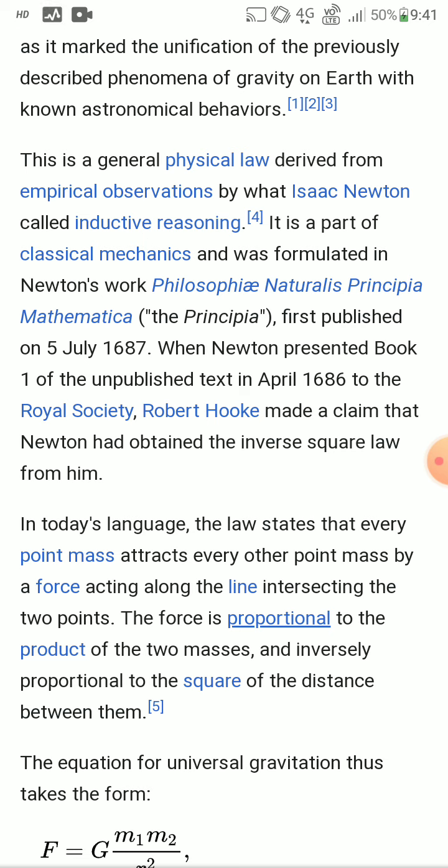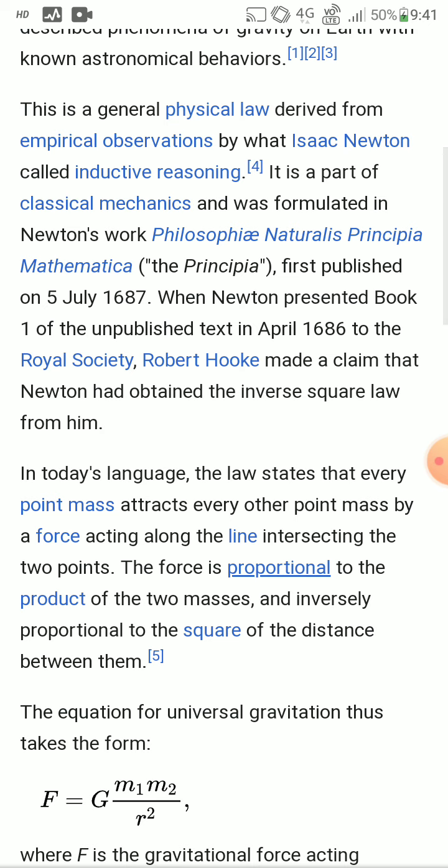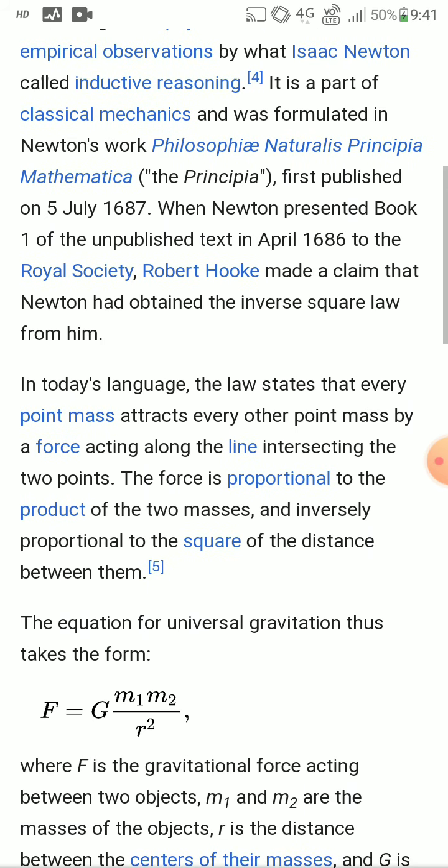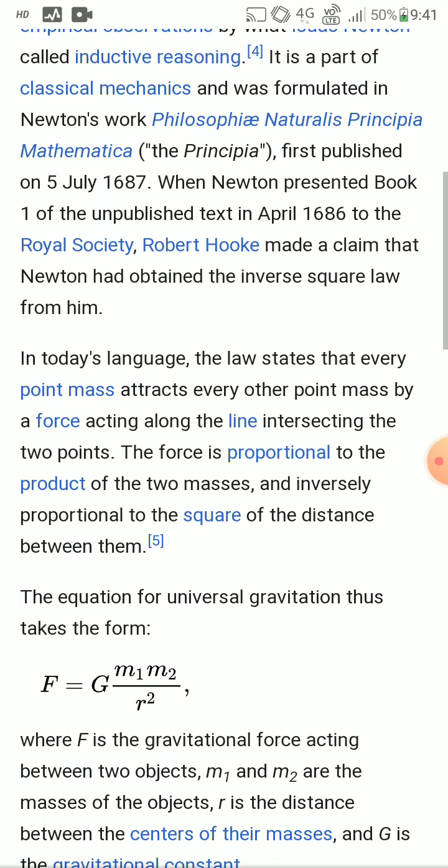In today's language, the law states that every point mass attracts every other point mass by a force acting along the line intersecting the two points. The force is proportional to the product of the two masses and inversely proportional to the square of the distance between them. The equation of universal gravitation thus takes the form